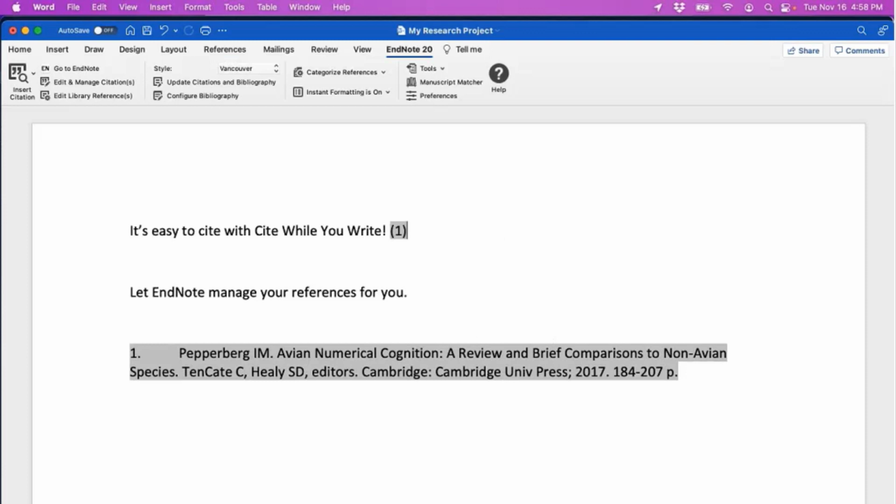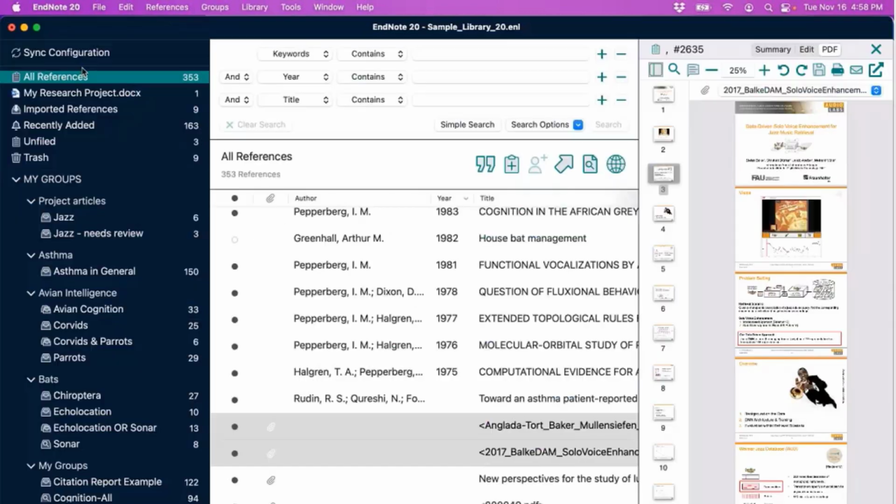So that was a quick way to stay in Word while you're citing references from your active libraries. There's another method of citation creation called Insert Selected Citation, which involves switching back to your library to highlight references that you want to cite. If you want to use this other workflow, you would still start by positioning your cursor in Word where you want to create an in-text citation. Afterward, you need to go back to EndNote, so you can press Go to EndNote. A couple of ways to do this, but easiest, I'd say, is just click and go to EndNote. That'll take you right back to your active EndNote library.